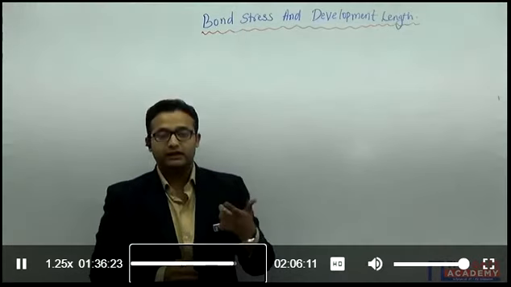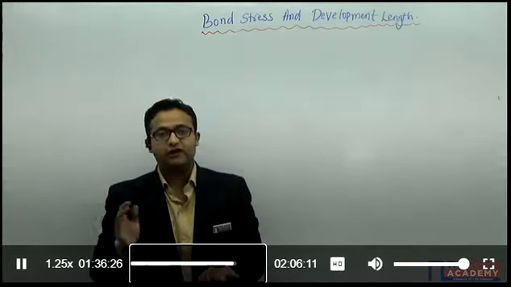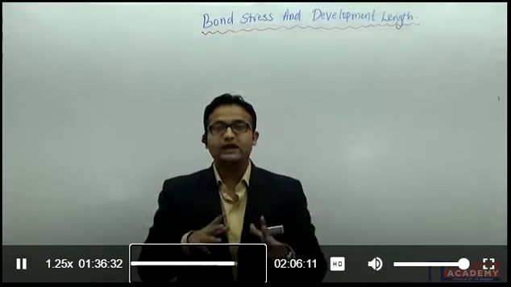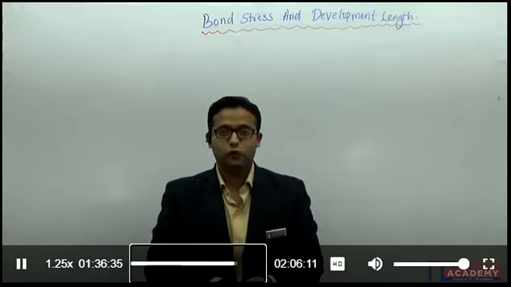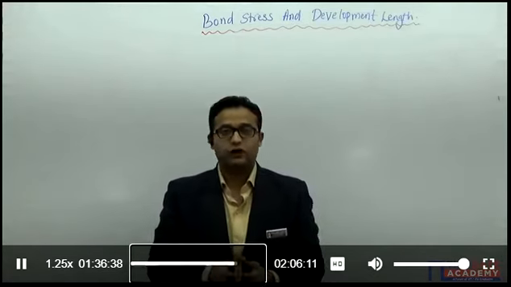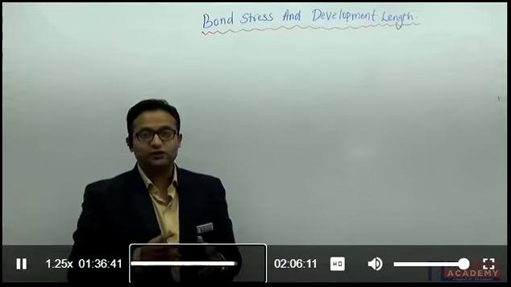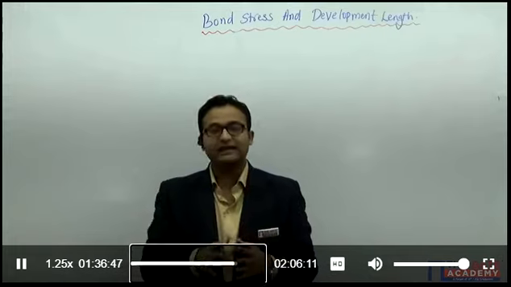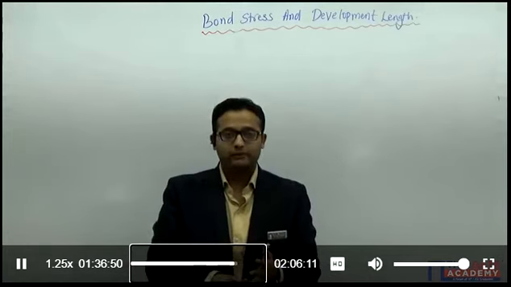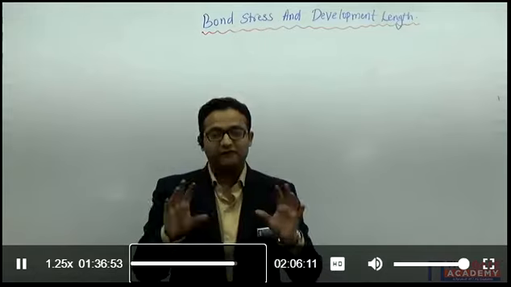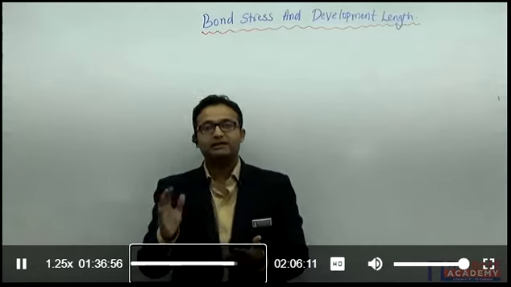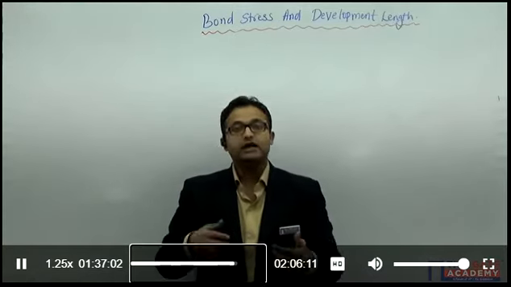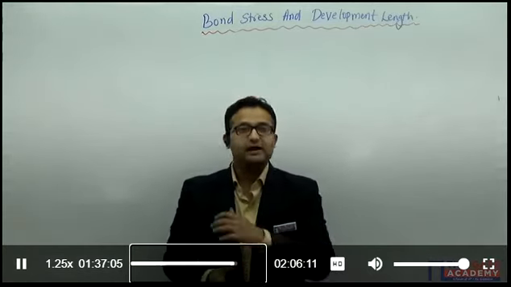The values given in the IS code are for different grades of concrete, but for plain steel, meaning mild steel, in the tension zone. So tau BD permissible, how to calculate that I know. Tau BD develop, how to calculate that also we have studied. Now we have also checked that tau BD permissible should be greater than or equal to tau BD develop. In any case, I will not allow tau BD develop greater than tau BD permissible. If I am facing that problem, and I want to control the bond stresses, I will increase the number of bars and decrease the diameter of bars.